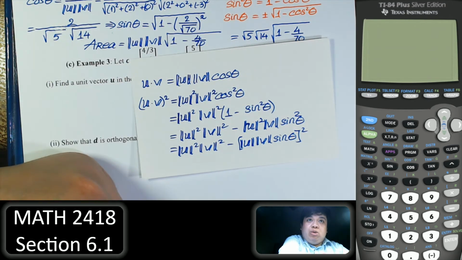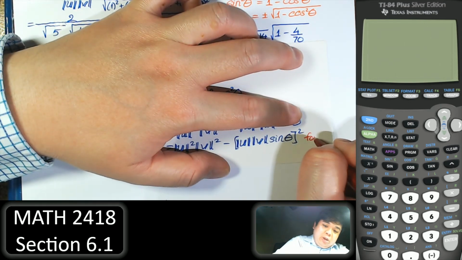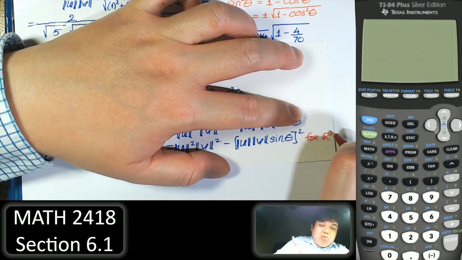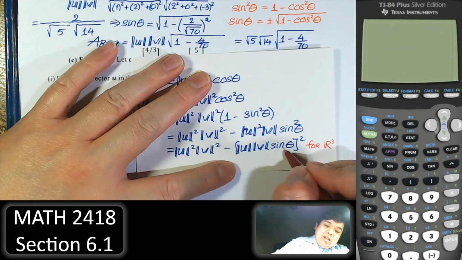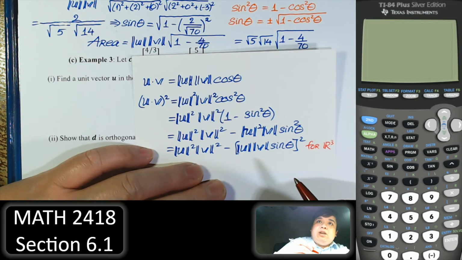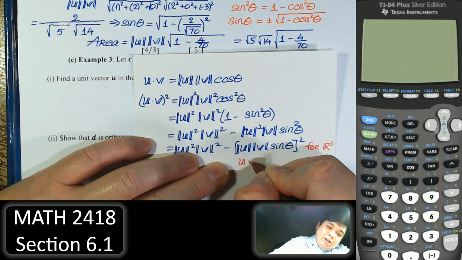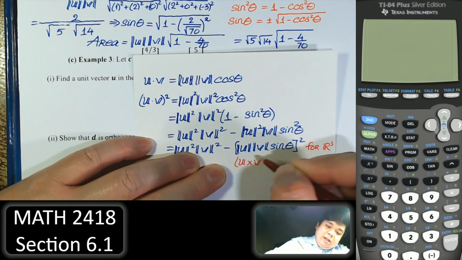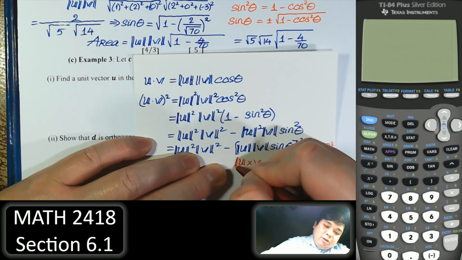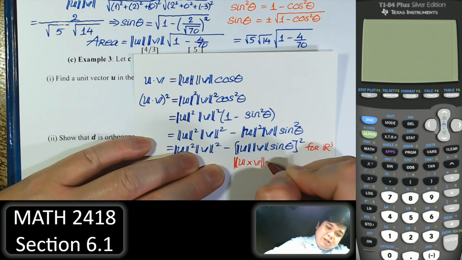Of course we can just use this. However, there is another special case for R3, meaning vectors in R3, only for R3. If it is higher dimension or less, it's not going to work. Only for R3, this is defined as a cross product. So you have u cross v, the magnitude of the cross product squared,